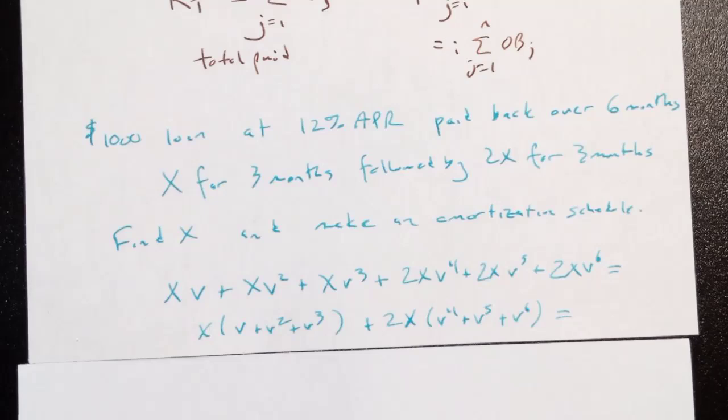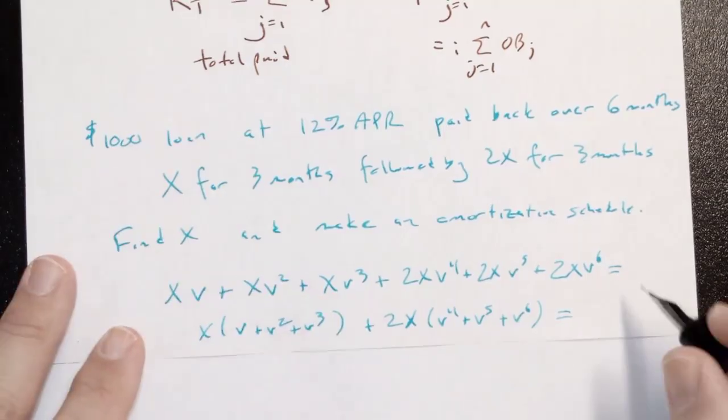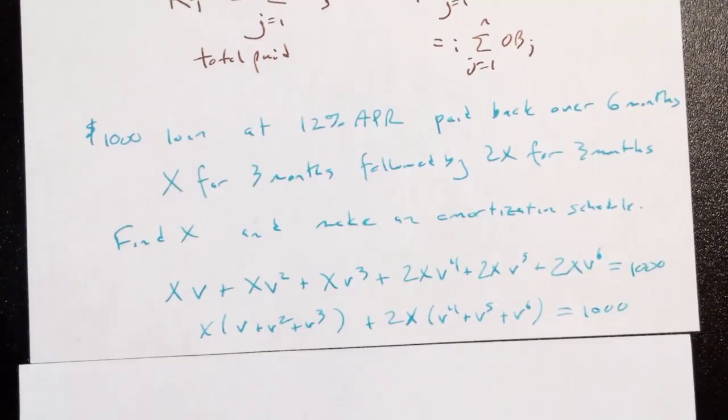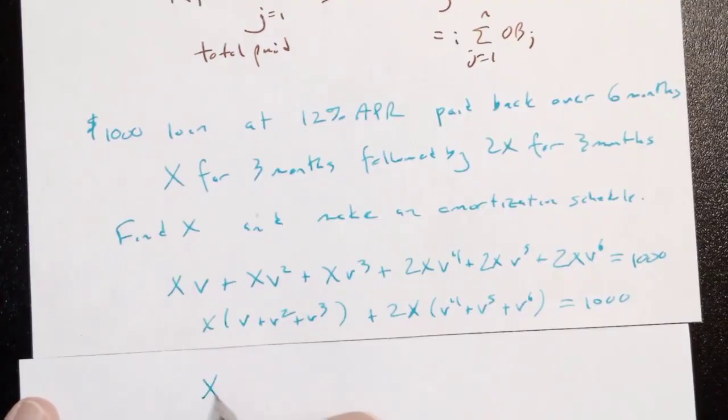It would be 1,000. This is the present value of all of the payments, right? The present value of all the payments should be the loan amount. And now my brain goes, wait a second, I've seen this expression before. V plus V squared plus V cubed, all the way up to V to the n, that's my present value factor. So this right here is X times